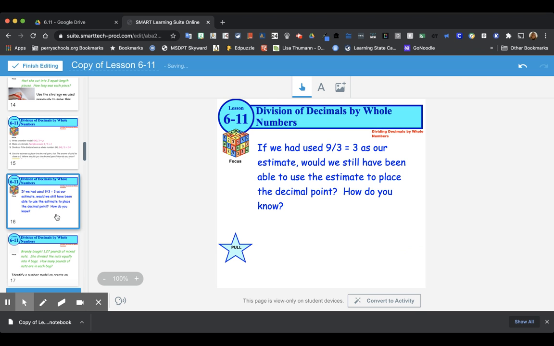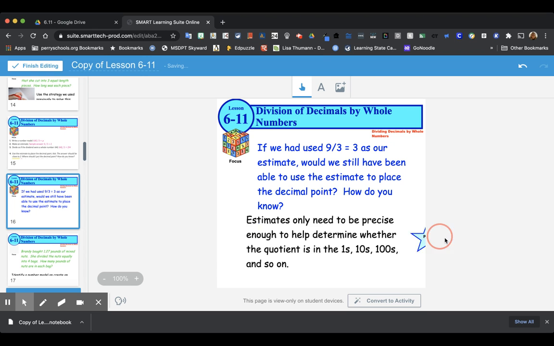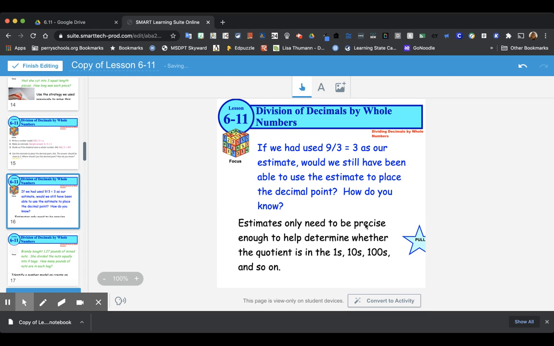So if we had used 9 divided by 3 equals 3 as our estimate, would we still have been able to estimate our place value? How would you know? Estimates only need to be precise enough to help determine whether the quotient is in the ones, the tens, the hundreds. So even if we did 9 divided by 3, we still would have been able to get the correct answer,